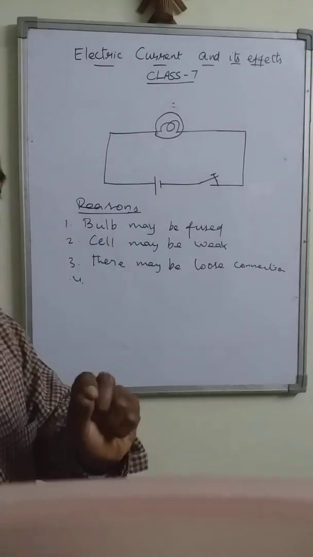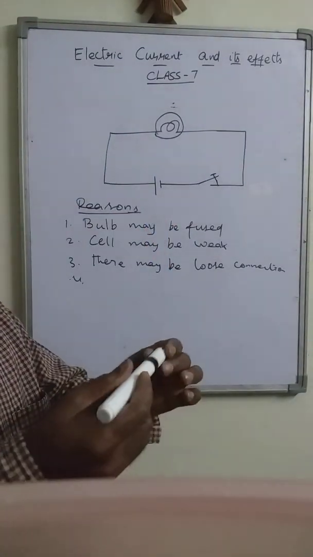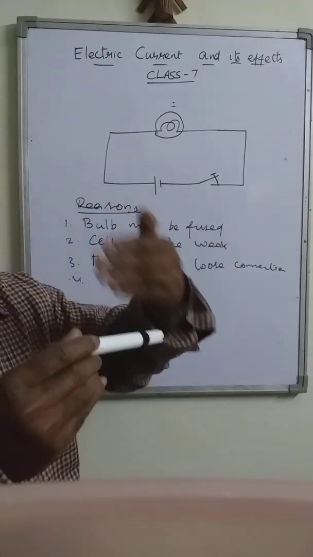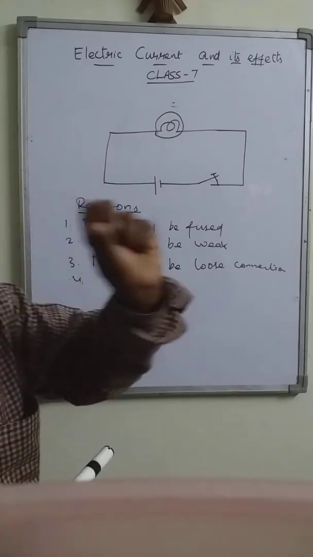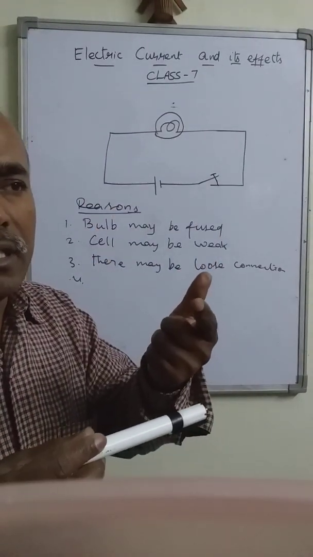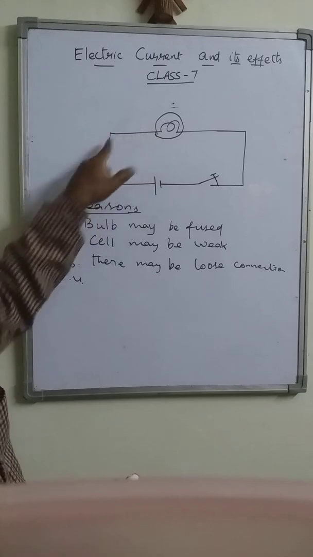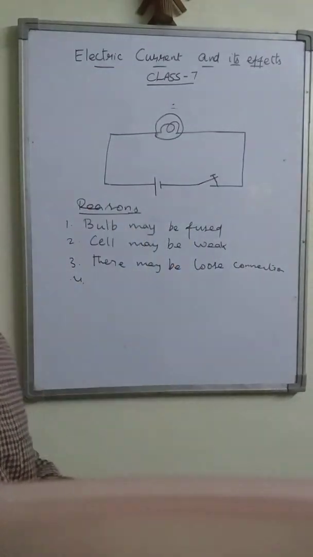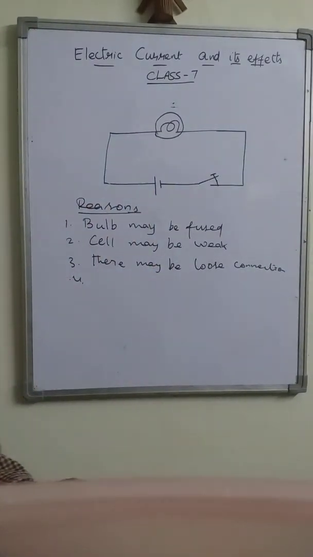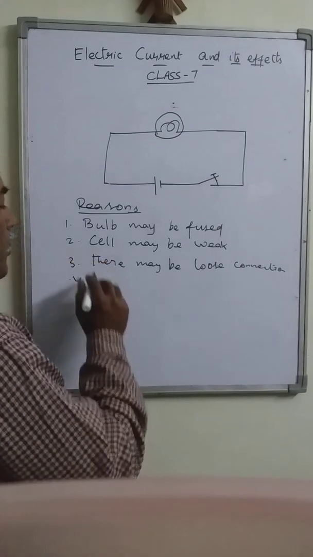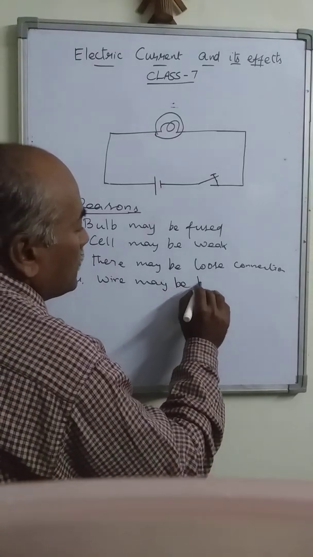Right? And then we are taking these connecting wires. I told earlier that they are made up of copper wires. The copper wires are coated with some insulating material. While we observe that wire from outside, it is continuous. But inside that coating, inside the rubber coating, the wire may be broken. If it is broken, then that also makes an open circuit, and the current may not flow through it. So, the wire may be broken. Right?